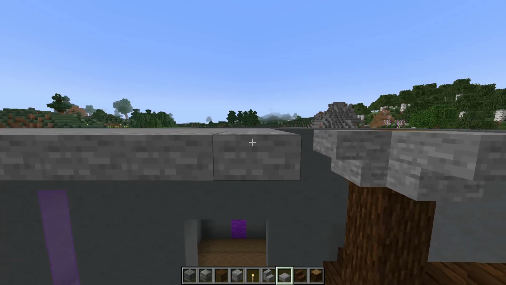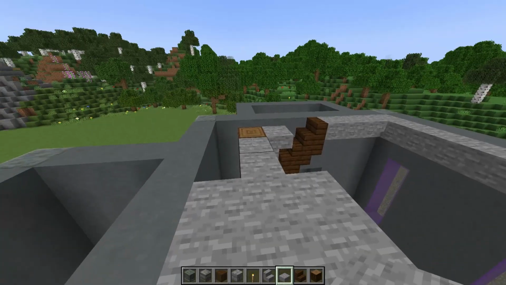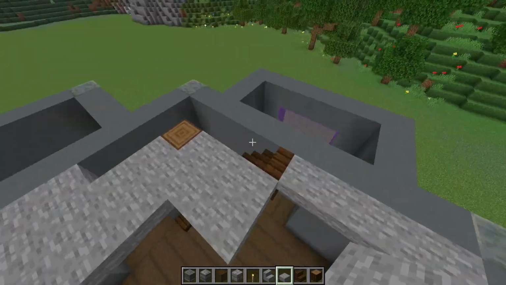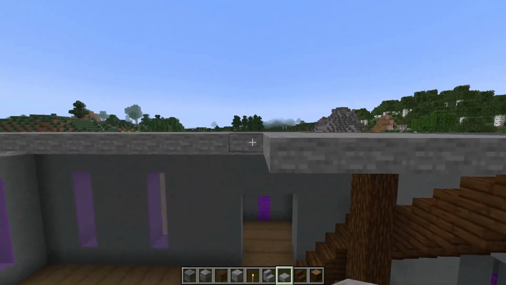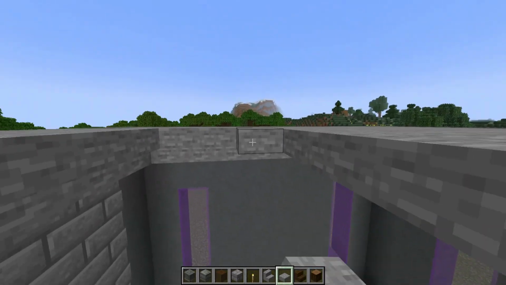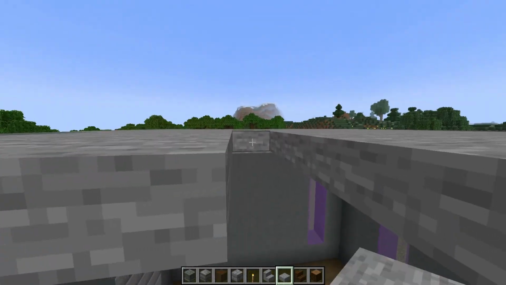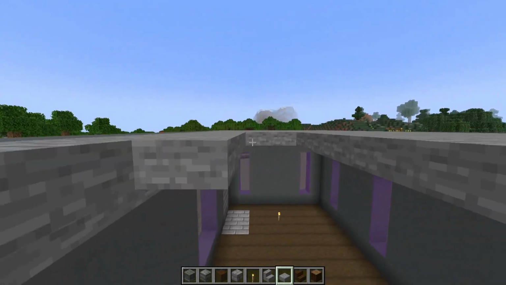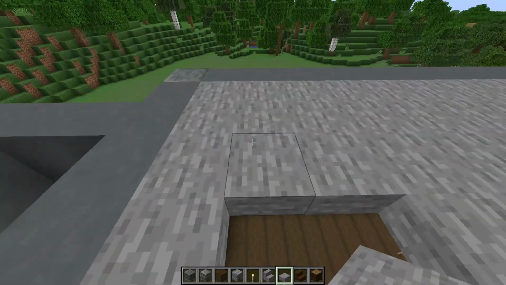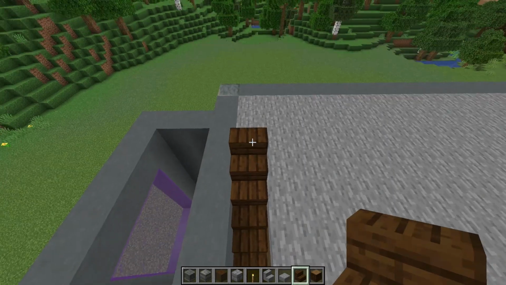I'm going to make sure I leave a gap above where I've got my staircase. So I'll add a stone slab to connect to this stair, and then I can continue filling in as normal. You'll be left with a big L in the corner like this. As I'm filling in, I'm also going to fill in this gap between the stairs above this large window. And while I'm up here, I'm going to add in one more dark oak stair on top of this stone